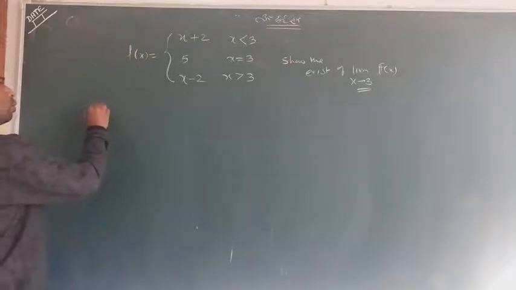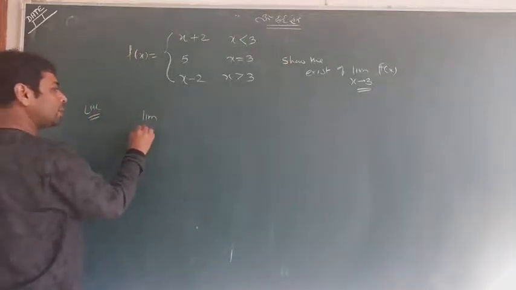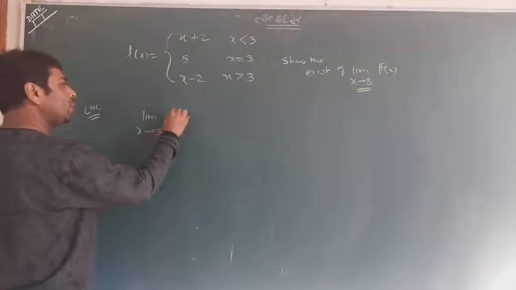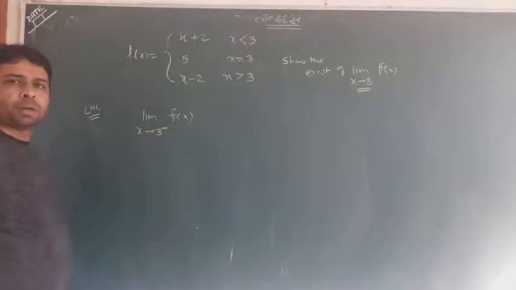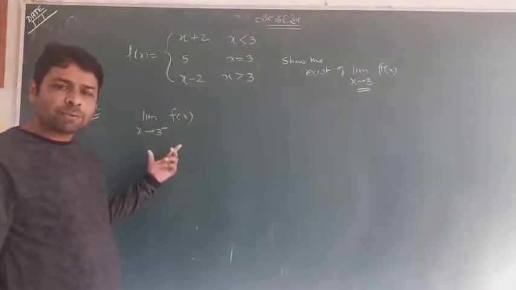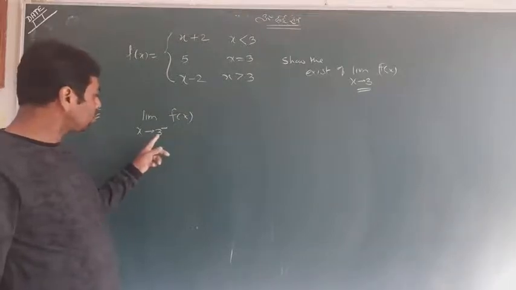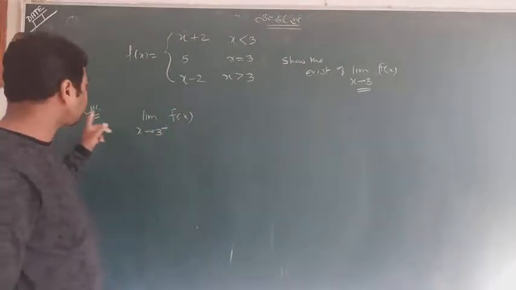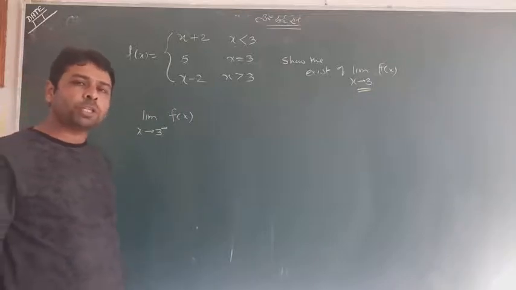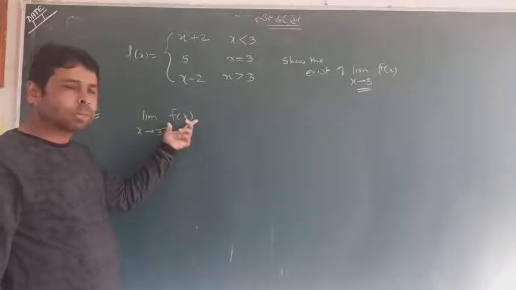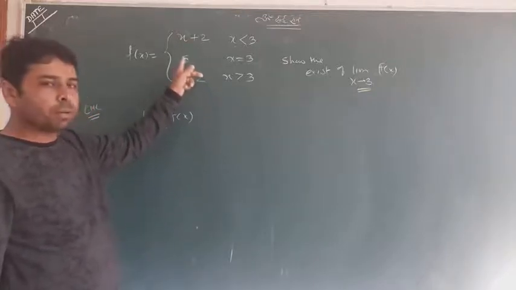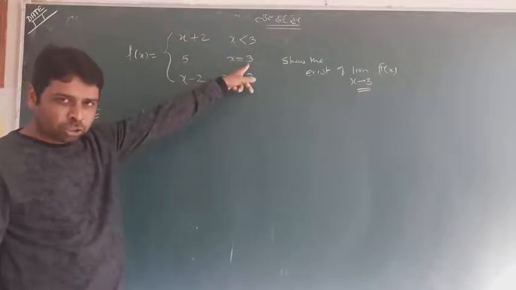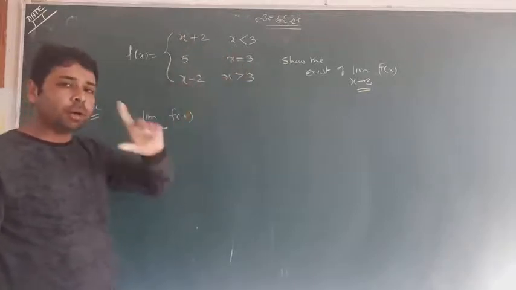Don't worry, first go to the left hand side, the left hand limit. You will write 3 minus of the function, and you will begin yourself right here. X tends to 3 minus of the function, you are taking the left hand limit. The major question is which function you will write. This or this. It is exactly 3, so it will not come, so this or this. This is a good question.